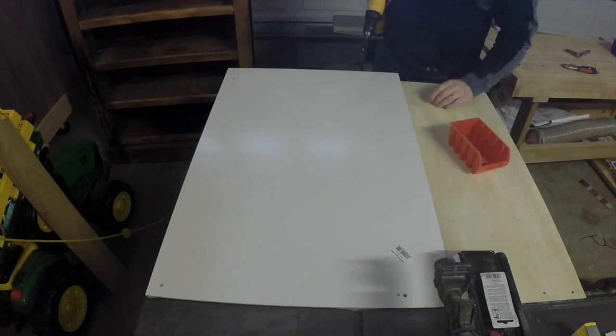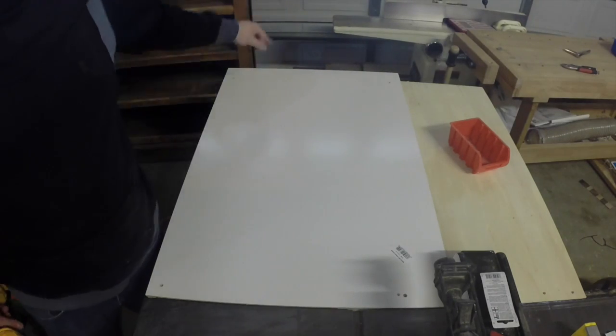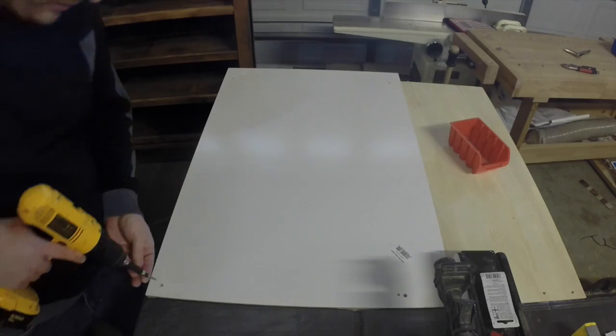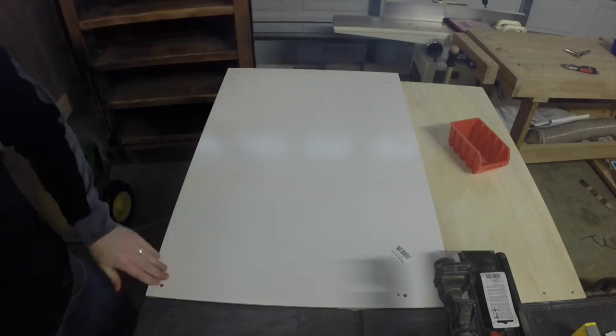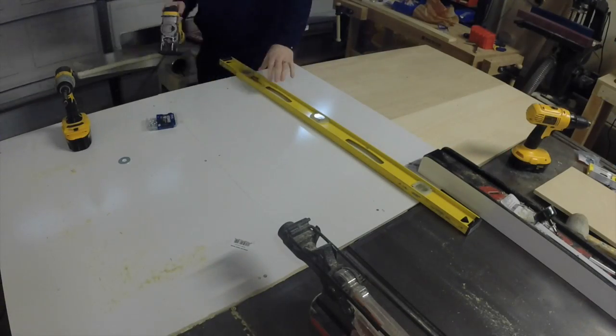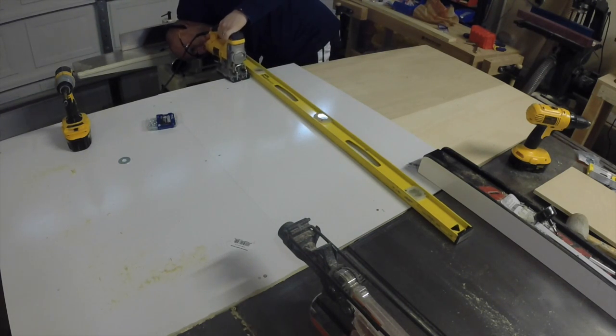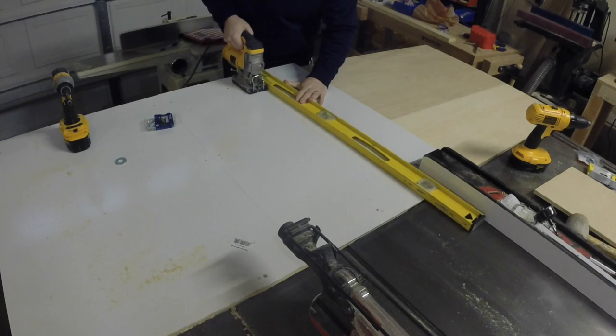It's up to you how you want to finish the top of the table. You could leave it bare wood, glue down a piece of laminate countertop, and so on. I opted for these panels of dry erase board that I found at Home Depot. They're easy to transport and work with, they let pieces slide across the top of the table very easily, and you get the added benefit of being able to scribble notes and sketches on top of the table with a